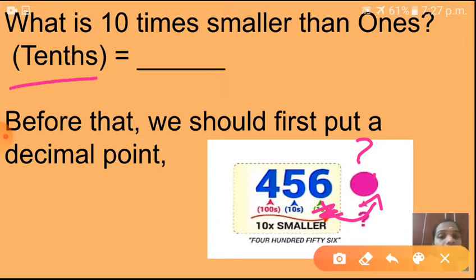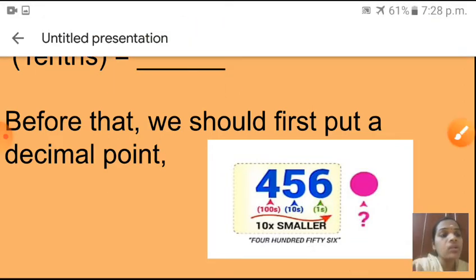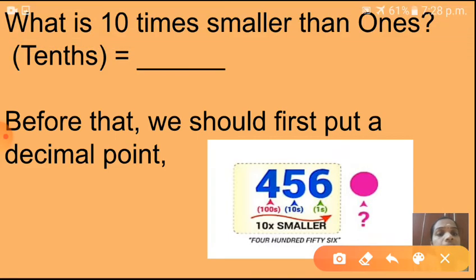That is called tenth. That is how we can write 1 upon 10. Okay, children. If I am writing any number in this place, here this is the ones place, so that is 10 times smaller than 1. That is called tenth. That is called what? Tenth. So how can we write that number? That is 1 upon 10. See here, this tenth is 1 upon 10. This value is 0.1. You already studied that in your 5th standard.